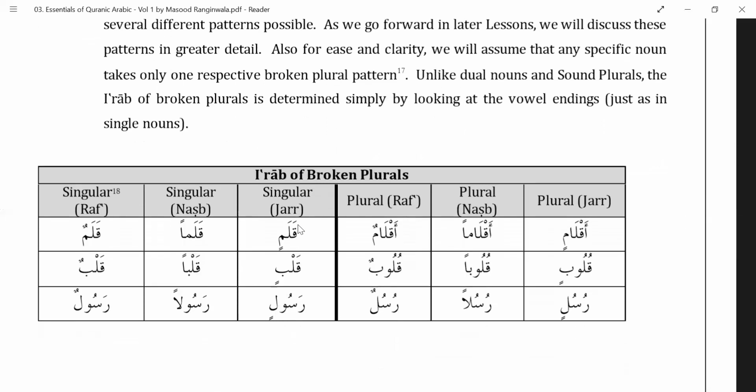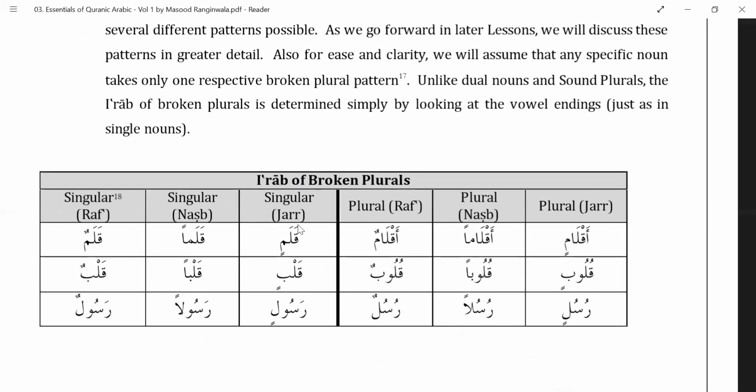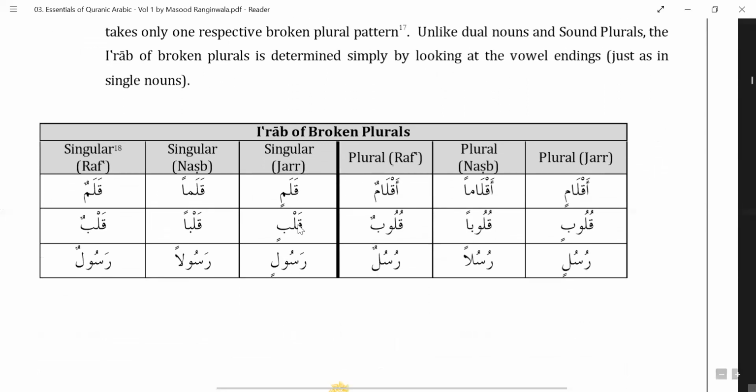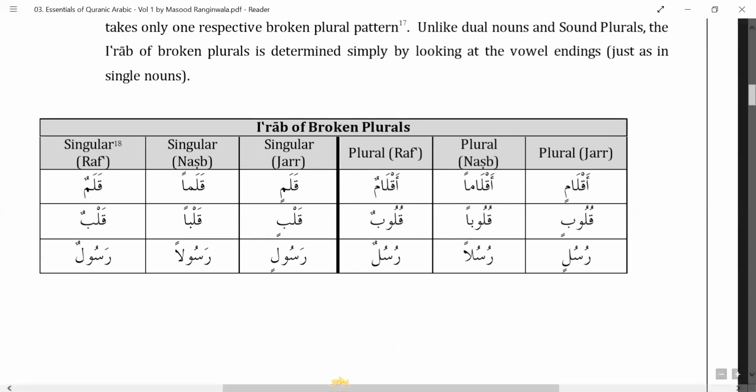As and when we go ahead, we are going to do some more broken plural patterns with some Quranic ayah examples. When the examples come, we will look over those. But for now, let us look over these few examples that they have given. Qalamun is singular, one pen. Qalamun, qalaman, qalamin, that's rafa, nasb, and jar. The plural is not qalamuna or qalamina. It's aqlamun.